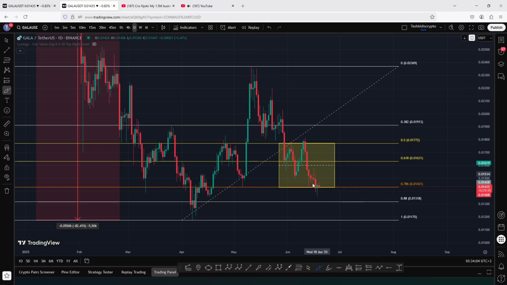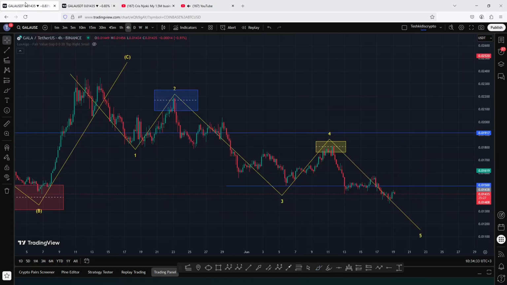But if by any chance we lose that line of support, then I will be expecting a more bearish case scenario where we can easily get a reset of the lows we made on the 7th of April in the next coming days. So that is the reason as to why we need to continue holding within these daily Fibonacci key area of support. Jumping to the 4-hour chart, here I have been observing a 5-wave structure to the downside